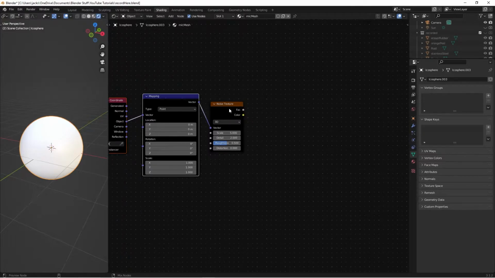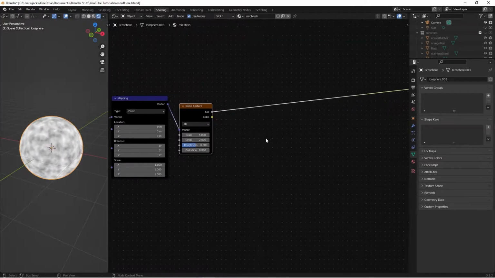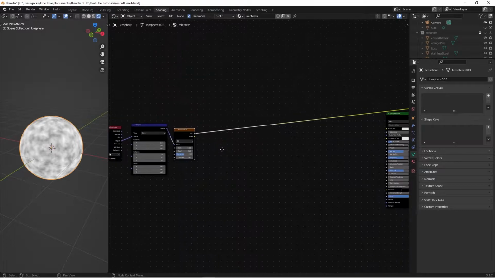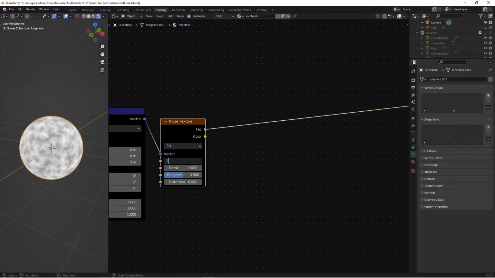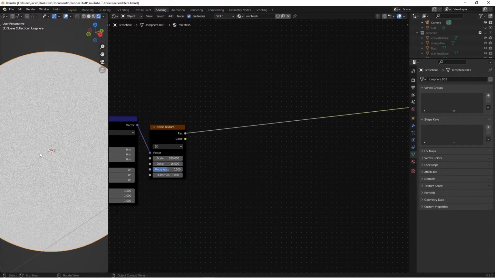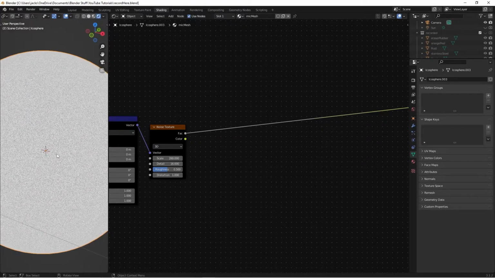So now if we Control Shift and left click on this noise texture, we can preview what is going on here. So on this noise texture, we're going to switch the scale up to a 280, the detail to a 16, and the roughness to a 0.5, which is going to be the same, and the distortion we'll put at a 1. As you can see, the mesh is nice and small, and if you are doing this on a